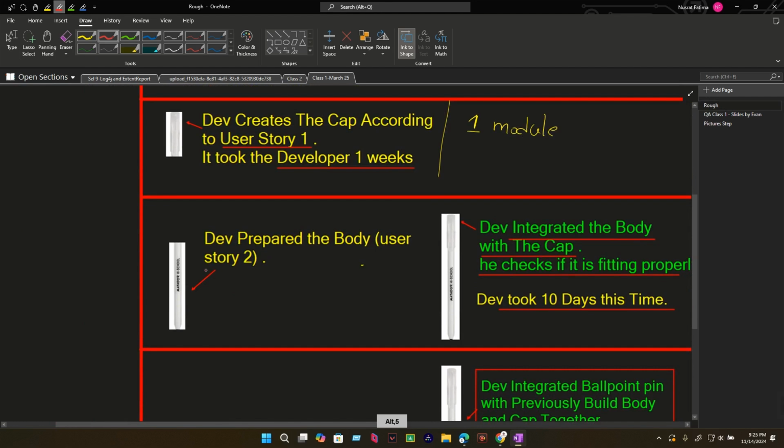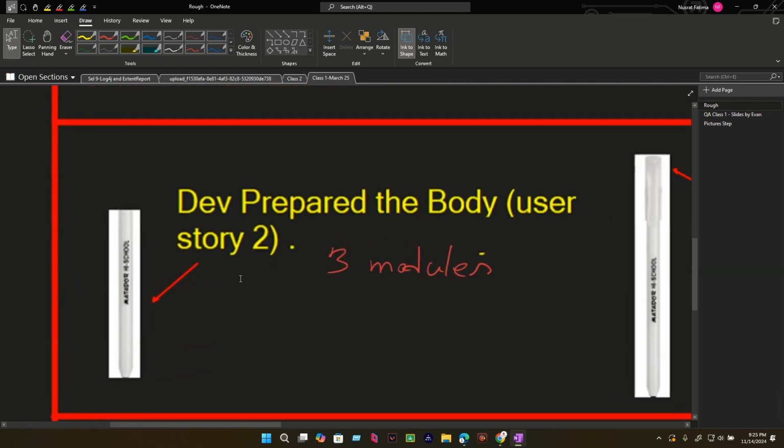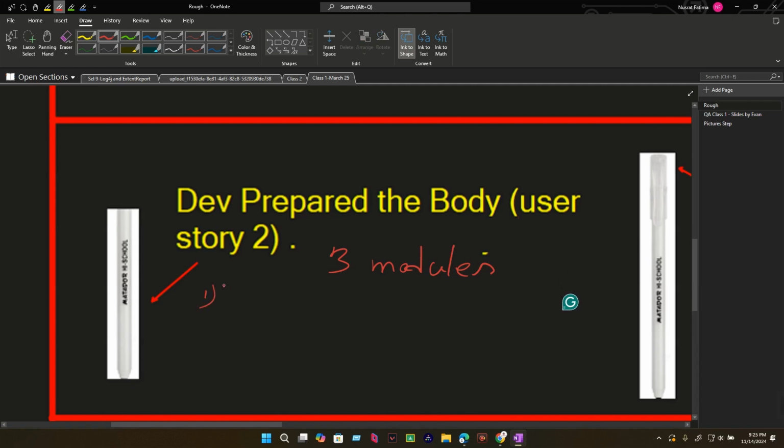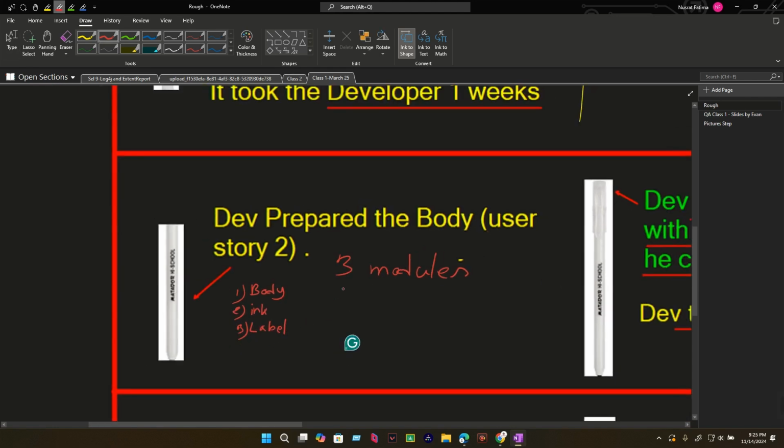All right, as the cap has only one module, now we're going to write down how many modules this part has. So it has three modules. Why? One will be the body, second will be the ink, third is the label. Okay, three modules. It has three modules, and